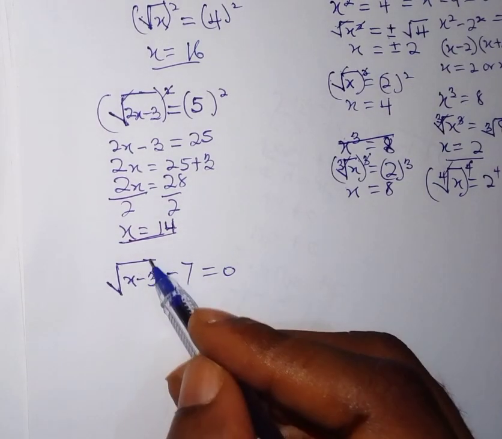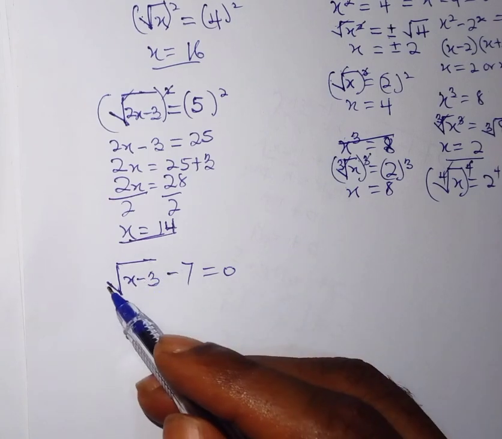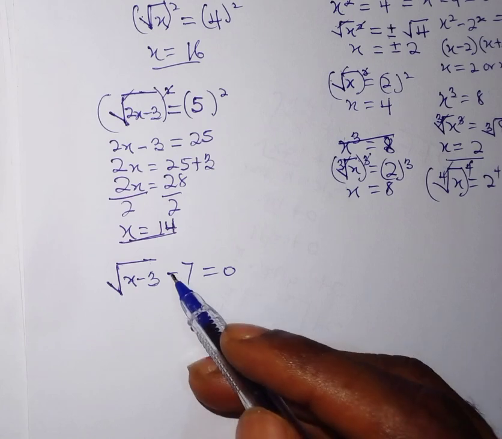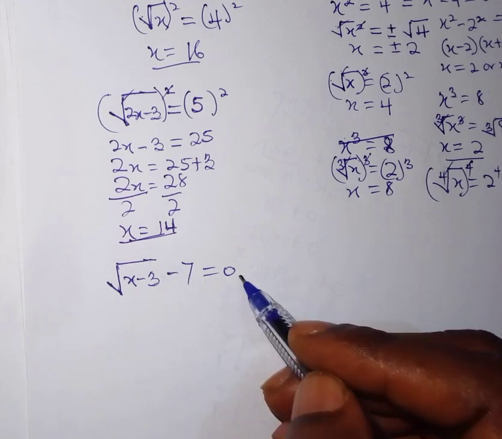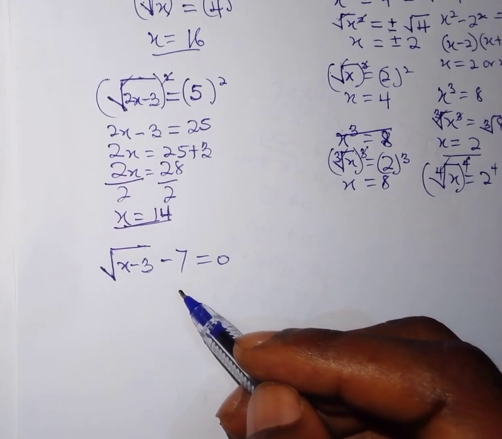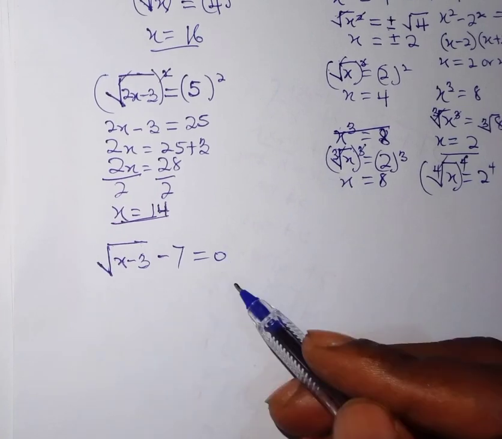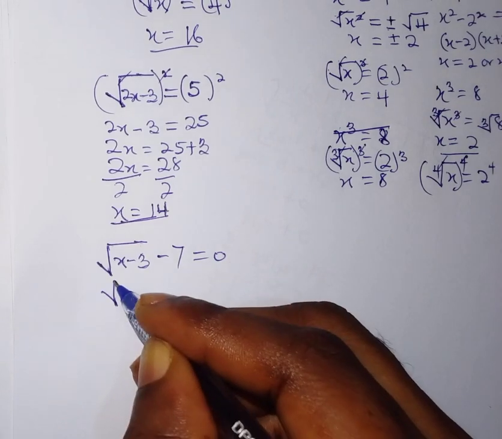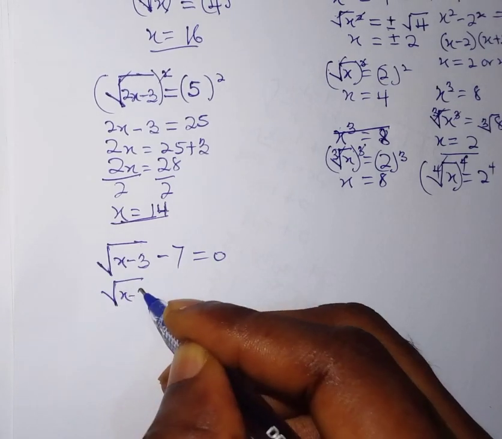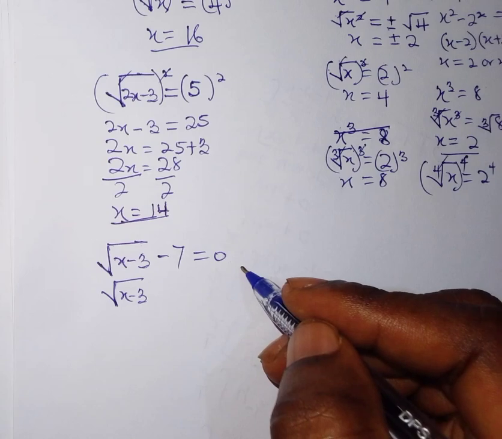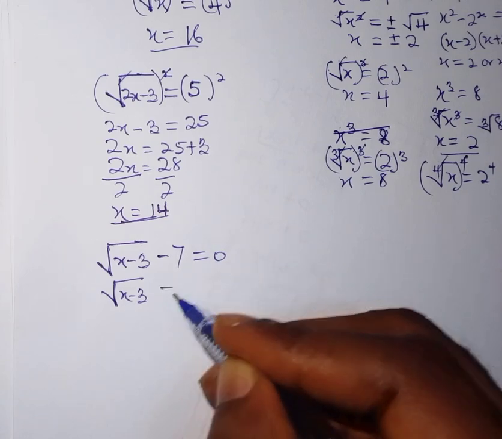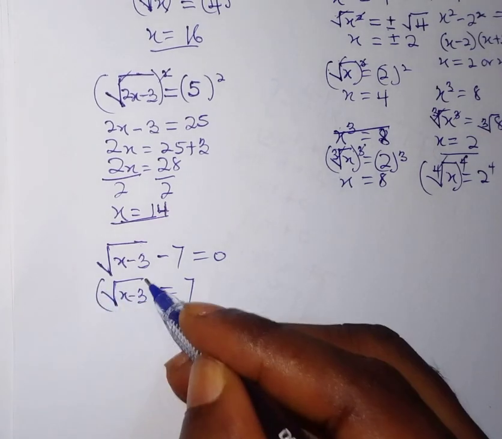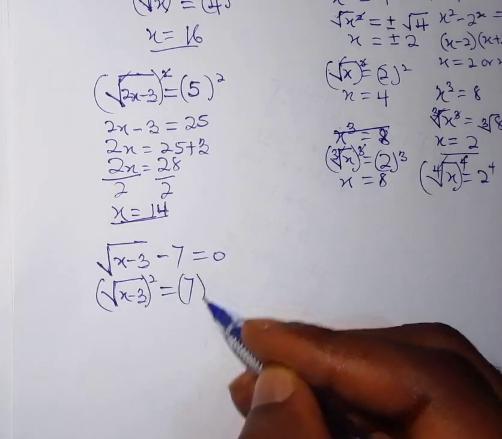Okay, so let's look at this example. We have square root of x minus 3, and then minus 7 is equal to 0. For examples like this, before you can find the value of x, you need to group like terms. So we can maintain this here and then send 7. Have you gotten that? So that we get 7 here. After that, we can square both sides, so that we